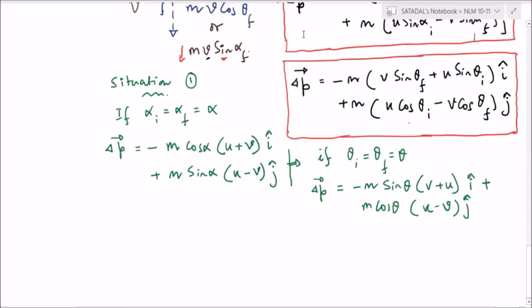Okay, no? Yeah, Tejesh? Sir, does that mean alpha is equal to theta, sir? No. I am taking two separate situations: when the angles made with the horizontal are equal, and when the angles made with the vertical are equal. Not necessarily that they have to be the same. Try to understand, if I take alpha is equal to 60 degrees, then theta will become 30 degrees. Like that only.